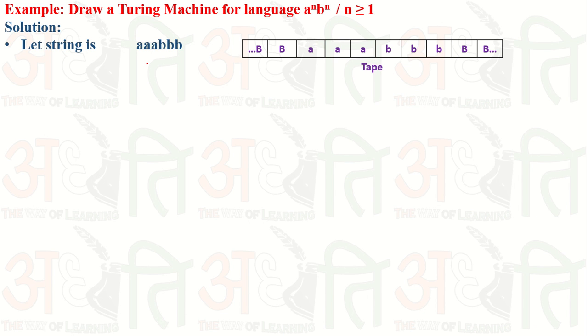So in this example, we take a tape. In this tape, we put the input A and B. Another thing is that the capital B's are the blanks. So a blank is represented on the left side, and a blank is represented on the right side. When a blank comes, then the finite control easily identifies that there is no string, so no need to read further. So it is an infinite tape in which we have the input A, B, and at the end it has the capital B blank and blank.